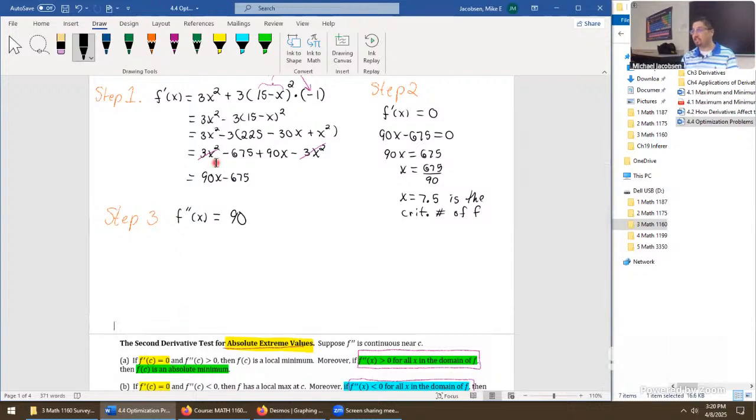This is why the second derivative test was picked. It's because it's fast. The first derivative was fast, but if it was a hard one, we probably wouldn't like the second derivative. The second derivative is probably even harder, making the first derivative test the better approach. But now that we got that second derivative, let's see what happened. It's 90. That's a positive value for all x in the domain